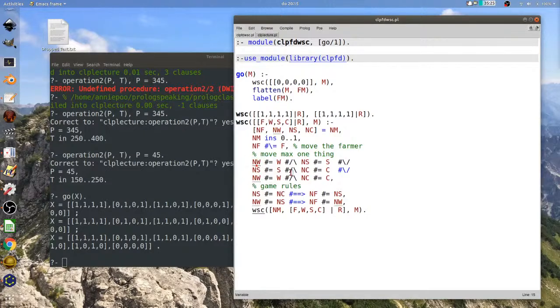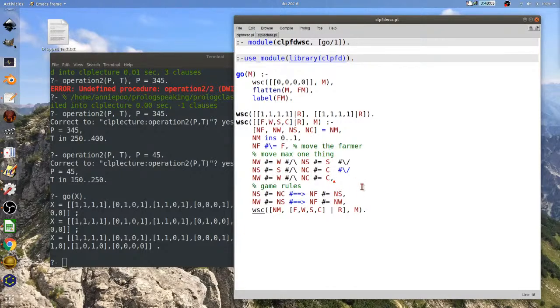So either the new position of the wolf has to be the same as the old position and the new position of the sheep has to be the same as the old position, or the sheep has to stay in place and the cabbage has to stay in place, or the wolf and the cabbage have to stay in place. Okay?